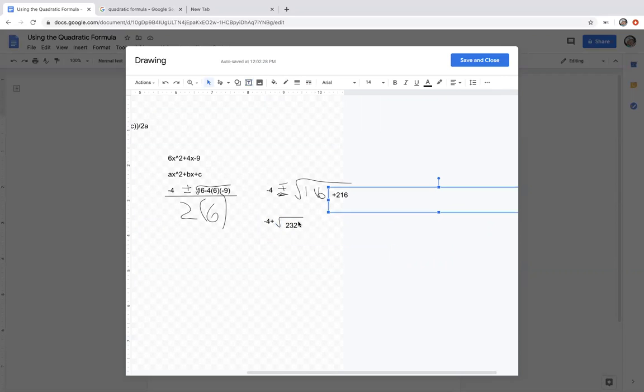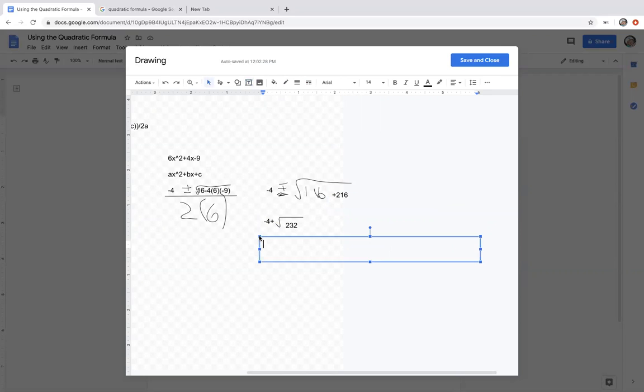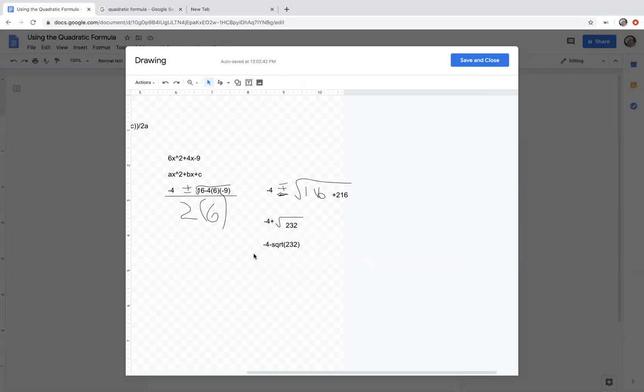Now we're very close. So that's the first one because I added it. And then the second one would be negative 4 minus square root of 232. You cannot simplify the square root further, so these would be your two